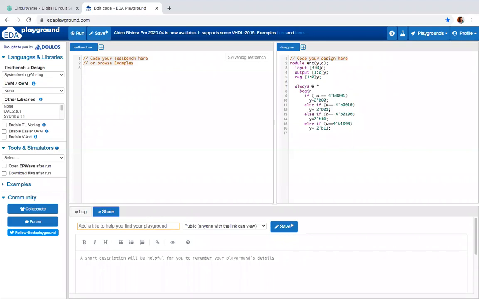Instead of writing else if, you can make this as else itself, but I am using another else condition. Else Y is equal to 2'bZZ. When you're giving high impedance, we will give it as ZZ. When you're giving don't care, we will give it as xx, but it should be in small letters since Verilog is case sensitive. Then we can write end. So our end is done. Then we can write endmodule. So this is our code. Indentation is taken by default.